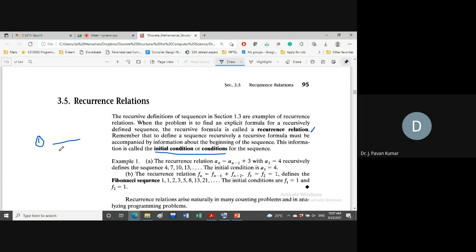By using this, take a_n is equal to a_(n-1) plus 3. Then what is a_(n-1)? Again we can substitute in the same recurrence relation in order to obtain a_(n-1). Next we will get the term a_(n-2). Again we will substitute in the same formula in order to obtain a_(n-2). Like that we keep on continuing until we reach the initial conditions. Then we can get the explicit formula. This is one of the methods.